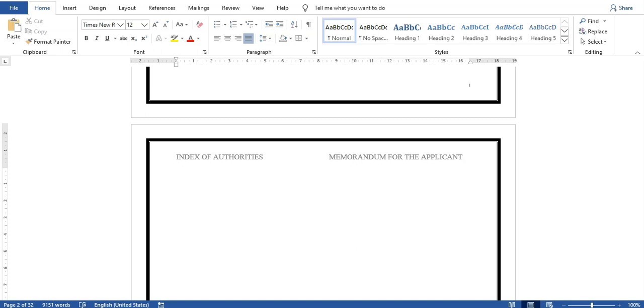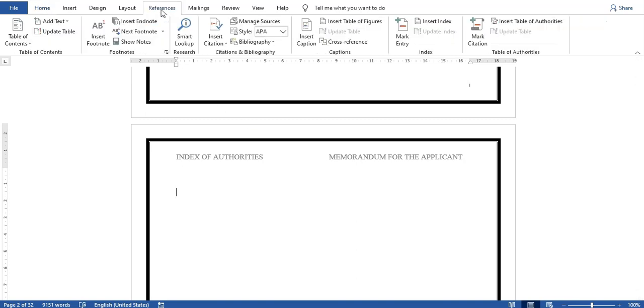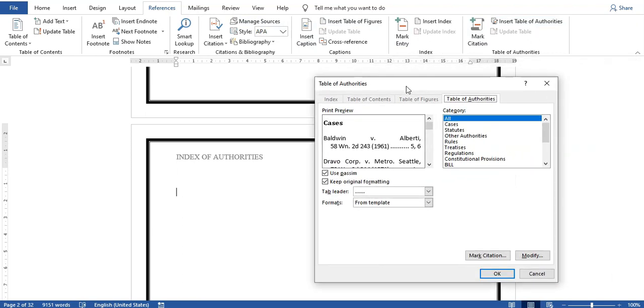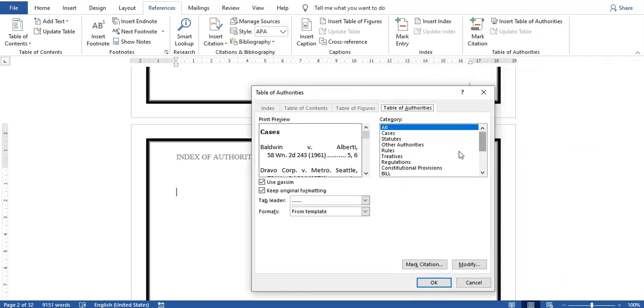Now, what do I mean by that? See, before starting off marking entries in TOA, you need to sit down and plan whether the subheadings that I want under TOA are these or not. First and foremost, before starting off the TOA, you need to ensure that these table of authority headings are standardized. For example, cases, statutes, other authorities, rules, treaties, regulations, constitution. These are the headings that are there.